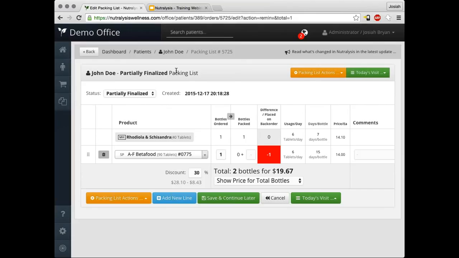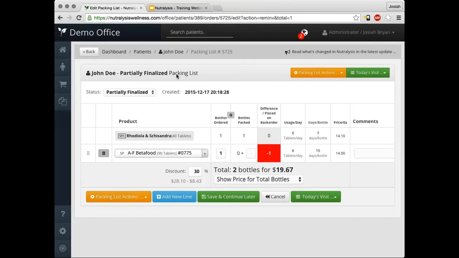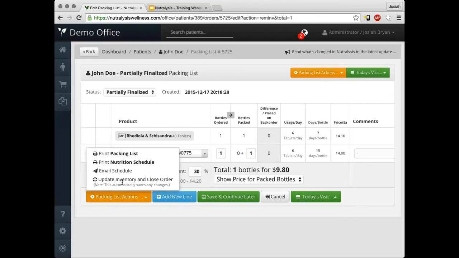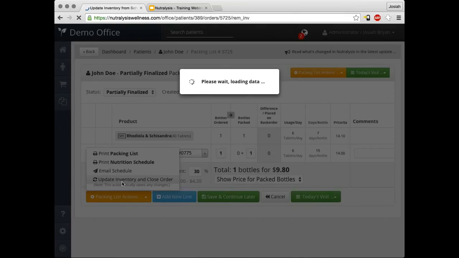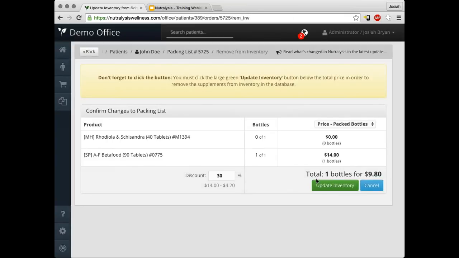That is a complete walkthrough of what your front desk will need to do with the patient. When they get the AF beta food in, say next week, they can come in here and tell the system they finally gave the patient AF beta food. They wouldn't see this warning since they would have already received it in, but I'm going to click OK to do it anyway. They would just do the exact same thing again, update and close, and then they would update